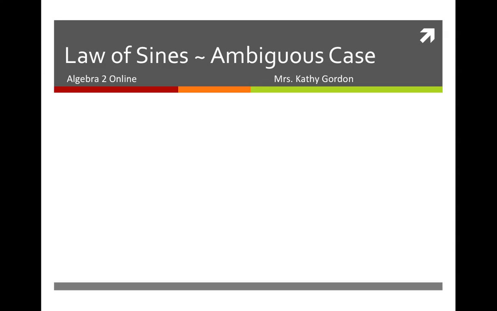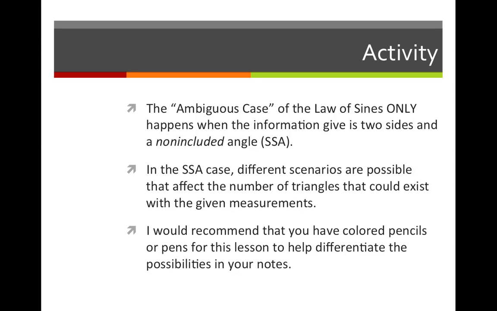So today we're going to continue looking at the law of sines, and we're going to look at something called the ambiguous case. The ambiguous case of the law of sines only happens when the information given is two sides and a non-included angle. So if you were looking at a triangle,